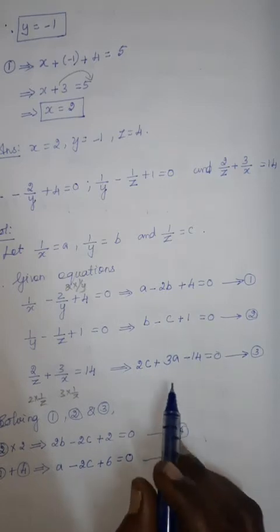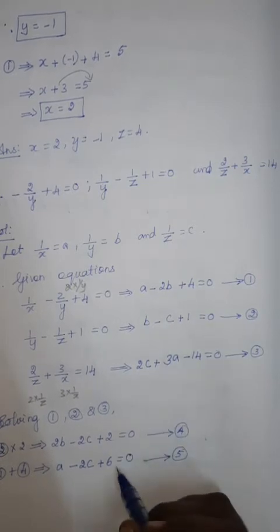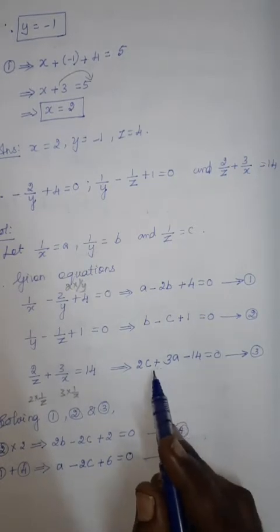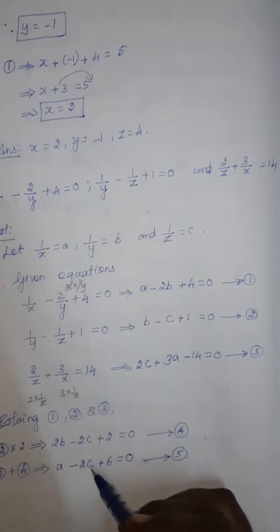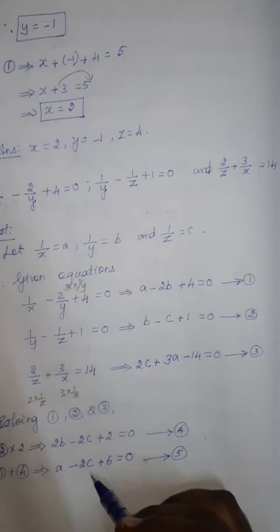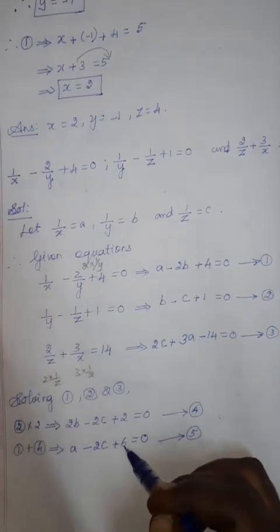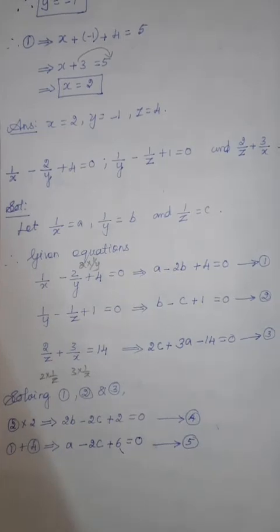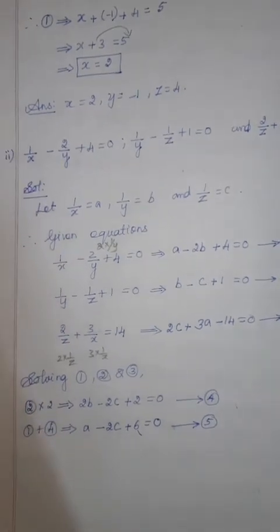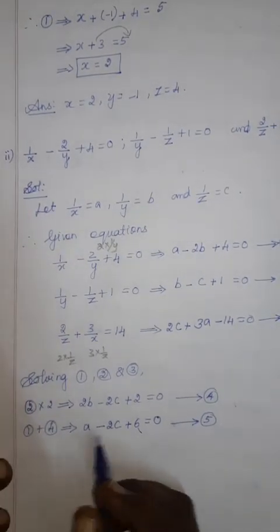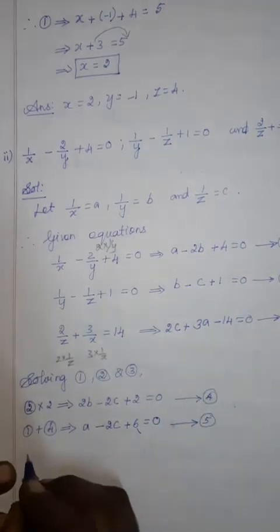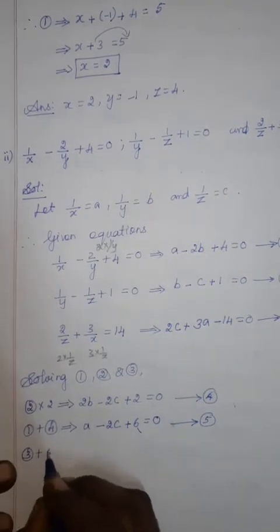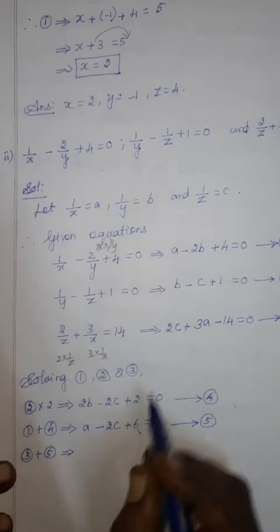Now you see the third equation and fifth equation. There the variables are a and c. Also the coefficient of c is the same. Since the coefficients are the same, we can add or subtract, but the sign is different, so we can add and eliminate the c term. So equation 3 plus equation 5, what do you get?